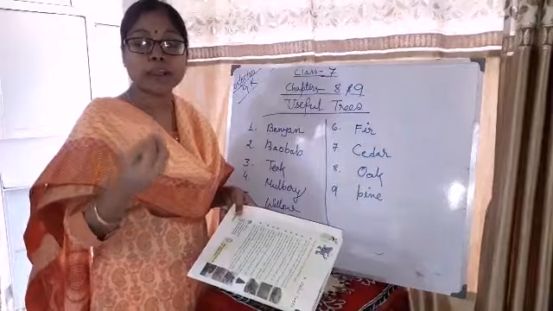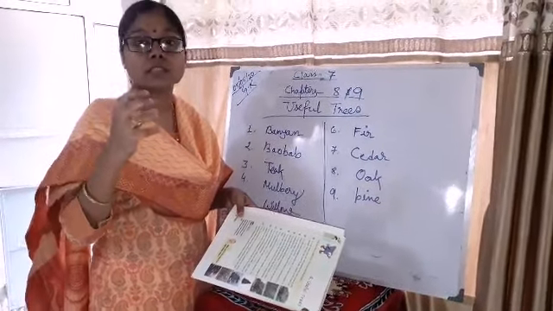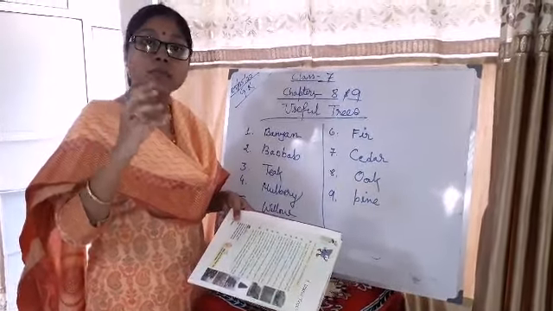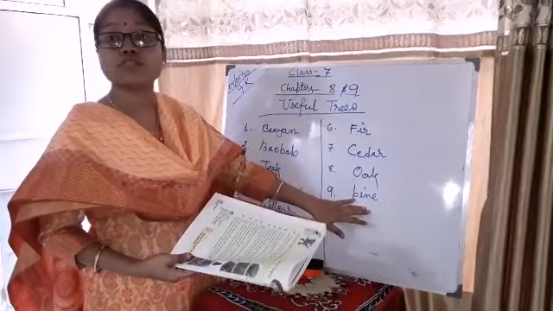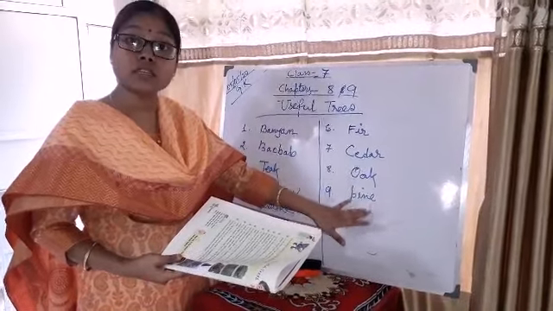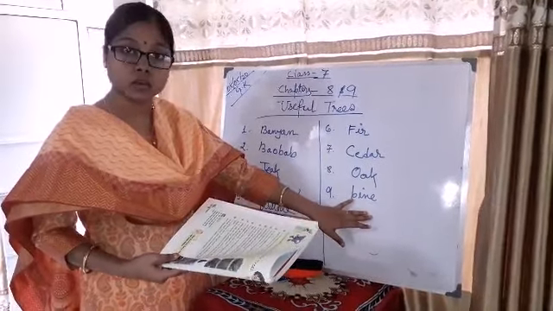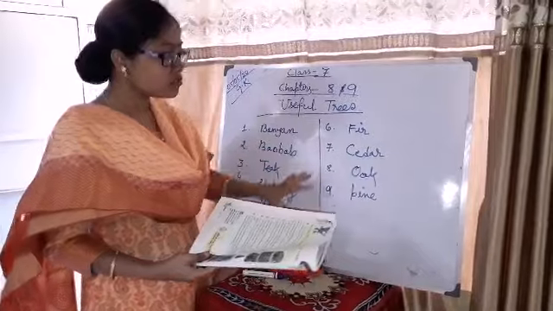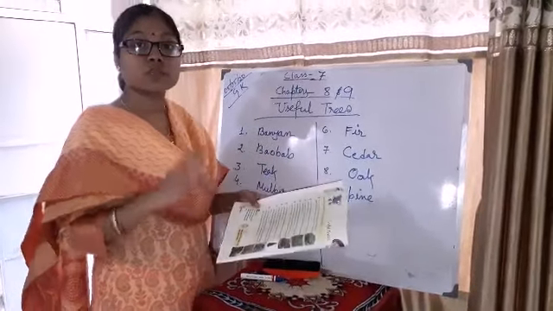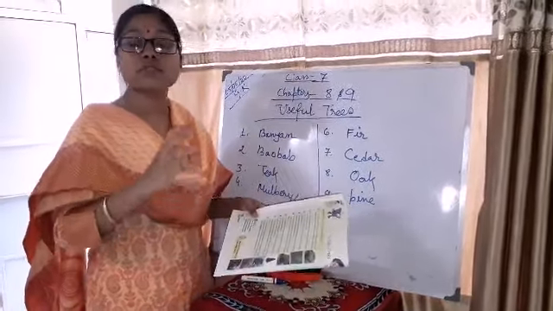To make glue, paint and all, we know that we need resins, this chemical product, and this chemical product can be produced by this tree, the pine tree. And this tree is also used to make furniture, like the teak tree and all. Clear? So all these trees we are having here are useful trees, meaning trees we are using for some purpose.